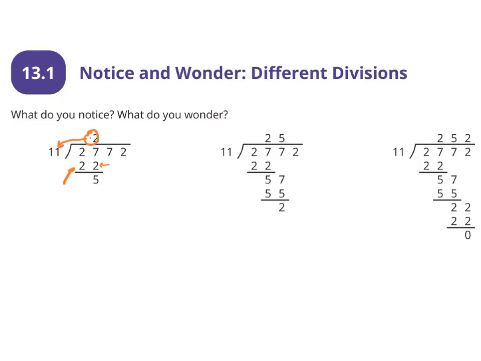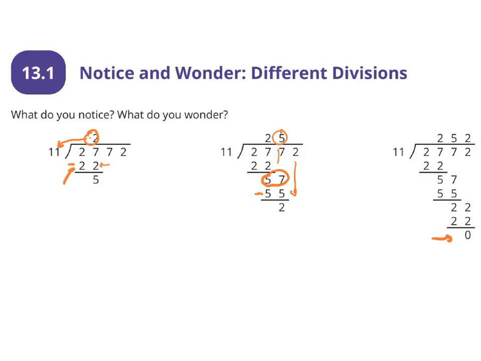So we keep everything lined up. We get our number. 2 times 11 is 22. Then we subtract. After we subtract, we bring down the next term. And that's what you see here in this step. So our 5 goes over top of our third number. 5 times 11 is 55. We subtract. We bring down our 2. And same thing for the next one. We multiply again, and we get an answer of 0. What this tells us is that 11 is a factor of